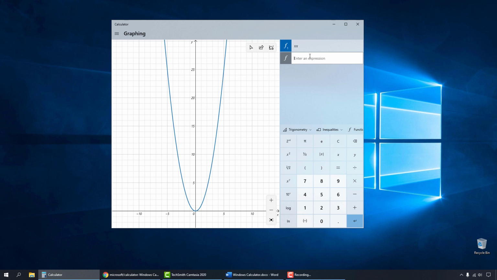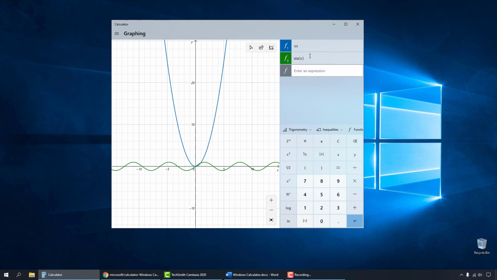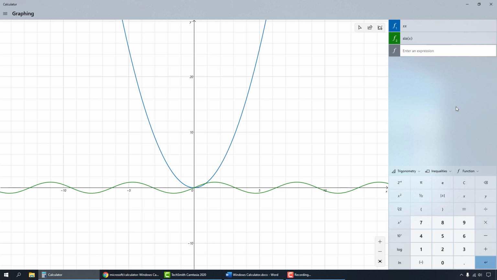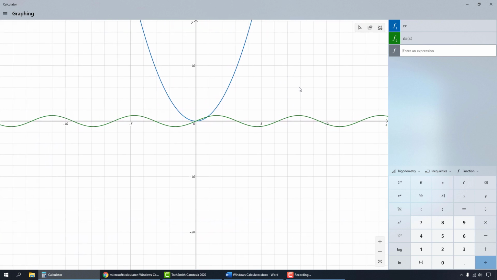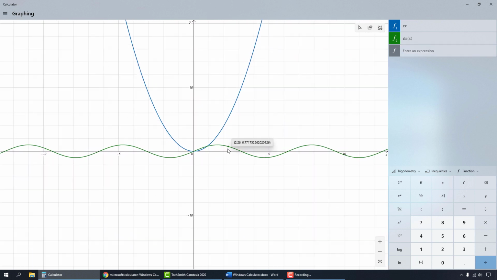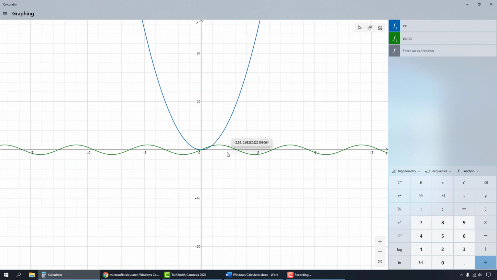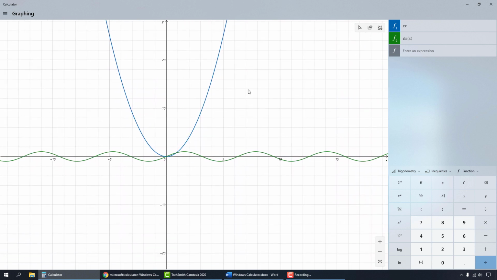You can graph more than one function. I can graph sin x as well. You can expand and go to full screen if you want. You can use your mouse, and if you hold the left button, you can actually move around. You can use your wheel to zoom in and zoom out. As you can see, there's quite a lot of stuff you can do using the graphing mode to learn about